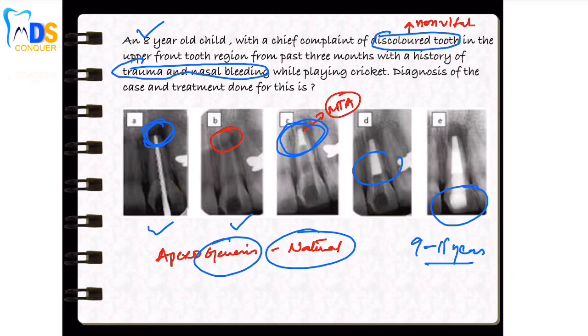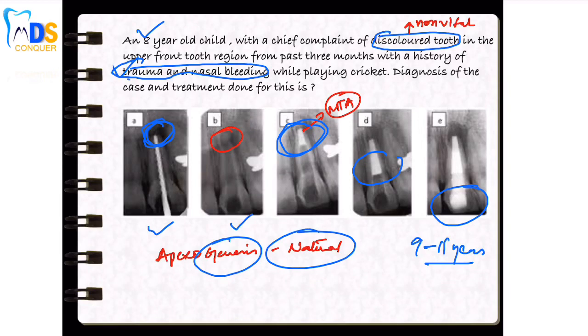So they may ask you the diagnosis. There is a trauma. I'm not talking about pulp related diagnosis right now, because in endo we are going to discuss a few modifications in the diagnosis part of the pulp and periapical region when compared to the normal regular things we follow in most of our departments and colleges. So we'll talk about that in endo. For now we'll be talking about a normal diagnosis.